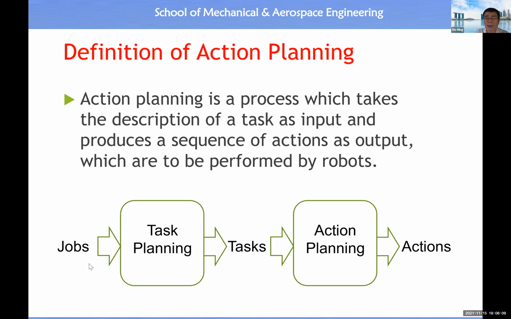Because on the left-hand side, the job description usually is in the form of human language, okay? And without much technical detail. For example, my job is to produce a car in big quantity, or produce 1 million vehicles per year, per month, or something like that, or produce 10 million handphones per year, per month, etc. All right, but